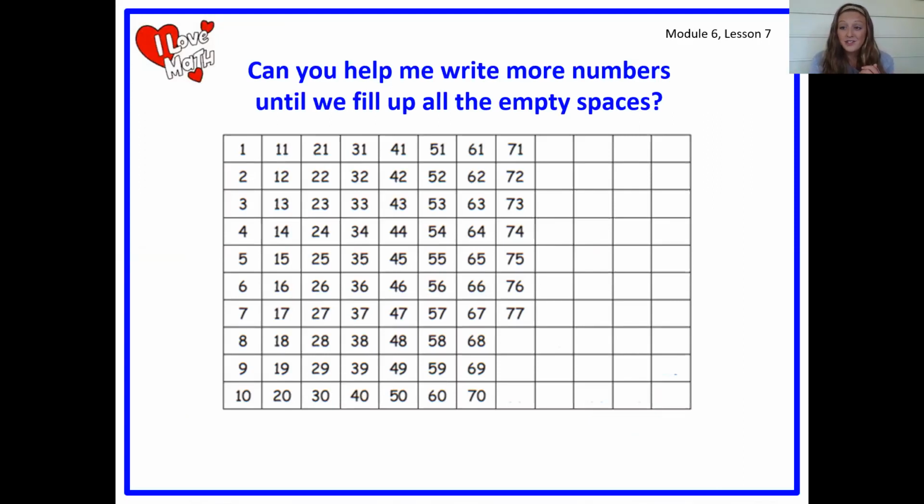So what we're going to do is go ahead and complete this number chart. This is actually going to be a 120s chart. I need you guys to count with me as I write in these numbers, okay? We are all the way at 77. I'm going to pick up right from 77. I'm going to kind of use what I know. So 77,